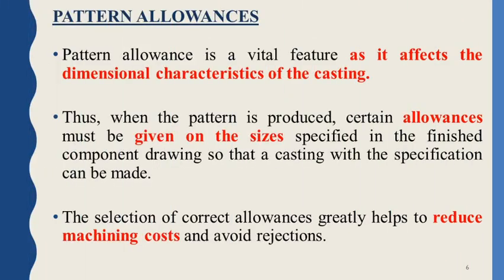Next we'll discuss the pattern allowance, or the allowances or tolerances which we give on the pattern when compared to that of the casting. In certain cases we may make the pattern a little larger in size than the casting. In certain cases we'll make it comparatively smaller, or in certain cases we will intentionally create some shape change in the pattern, so that the final casting has the desired features. So we will be having different pattern allowances. The major function of the pattern allowance is that it should give a tight tolerance to the casting. At the same time, it should reduce the machining cost and the further secondary operations after the casting.